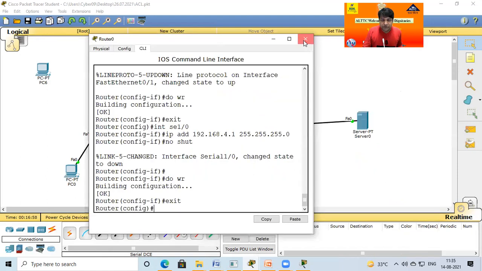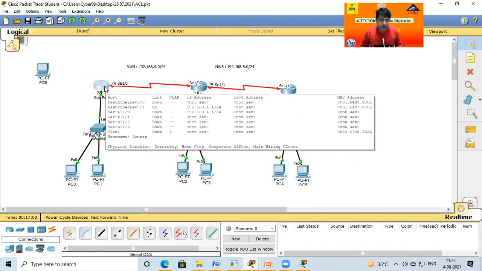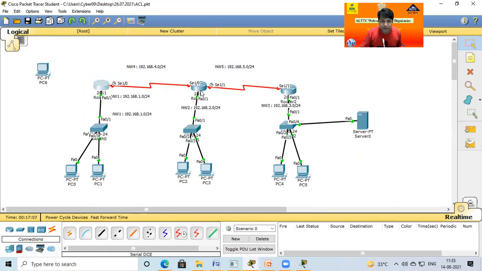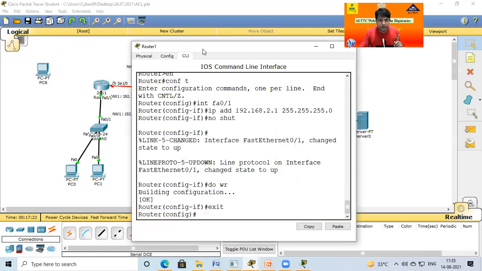So if I move my mouse here, now you can see serial 1/0 is 4.1, and 0/1 is already configured. Now in the middle router you have two additional ports, 1/0 and 1/1. In this case, port 4.1 is given on the left-hand side, 4.2 goes here, and this location is 5.1. So how to do it? Just click here.